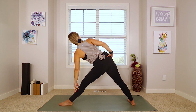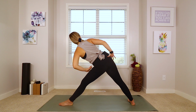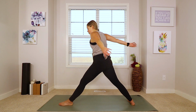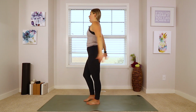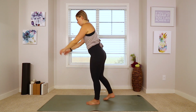Breathe. Work those legs. Keep them nice and strong. Push into your feet, nice and light, through that left hand. Awesome job. Inhale. Lift yourself back up. Bring your back foot to the top of your mat, or both feet to the middle of your mat. Stand on your left foot, and then we're going to do those little dip forwards, warrior 3 deadlifts, I like